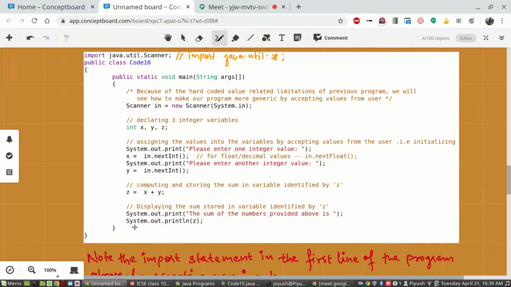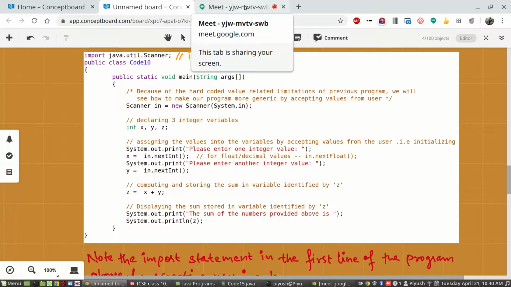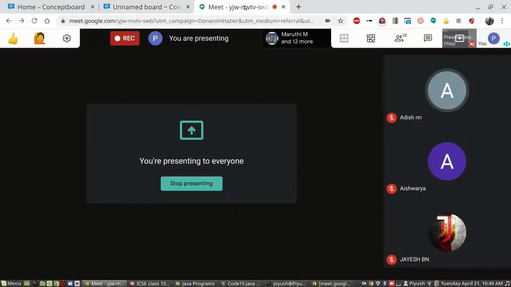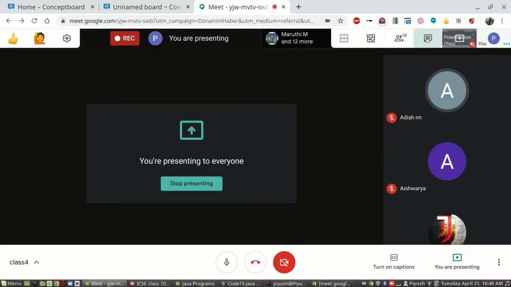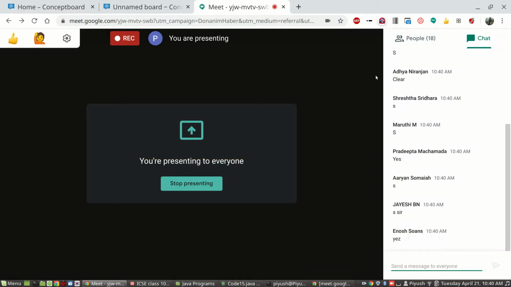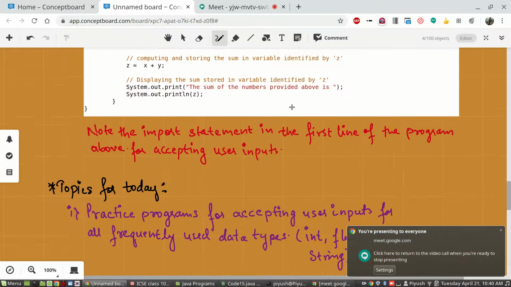Okay, so till here we had discussed these two programs from last class. Are we clear up to this stage? Let me know so that I can move ahead with the topics for today. Fine. Most of you, or rather all of you, seem to be comfortable with this. Okay, so now we'll start with today's topic.